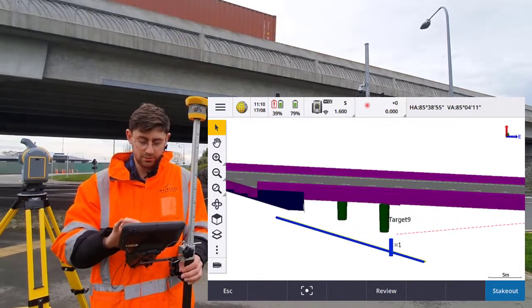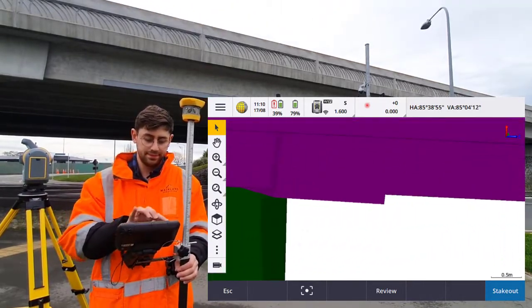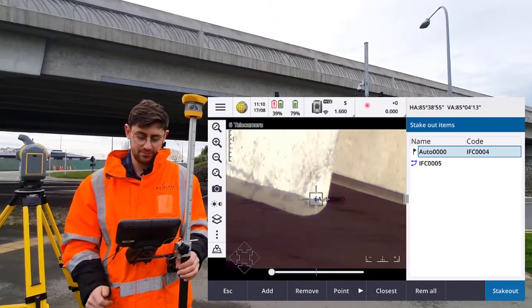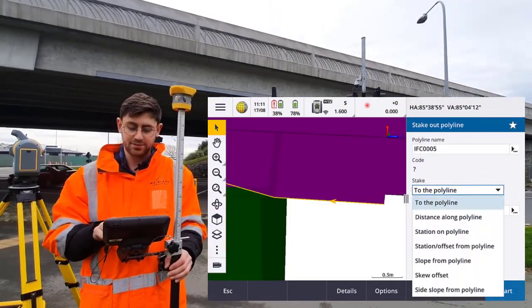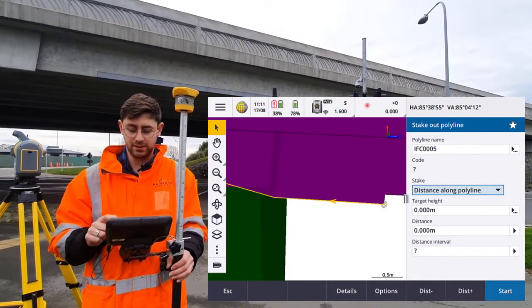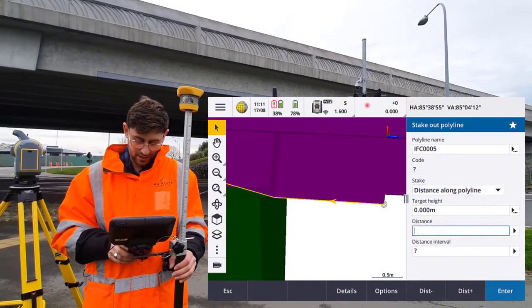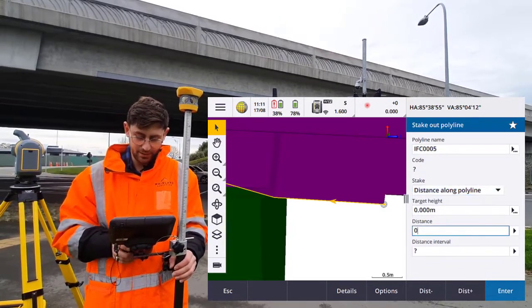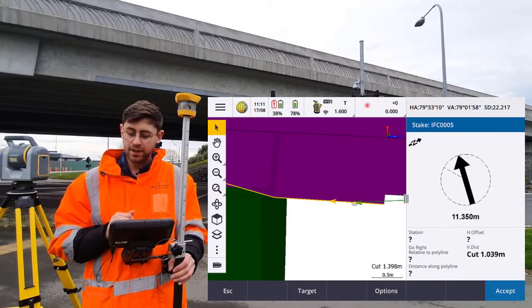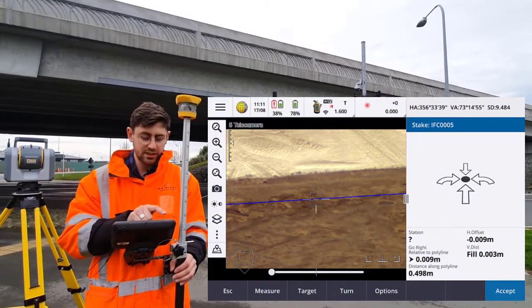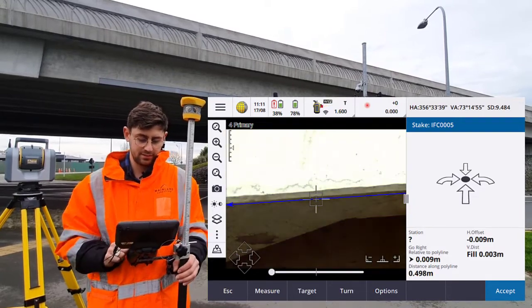So I'll zoom in to a different part of the model, select the line, and tap Stakeout. And stake a distance along the polyline. If I put a distance of 0.5 meter, I can then start staking that. I can turn to that point, and again in my video, I should see how well that line fits, with